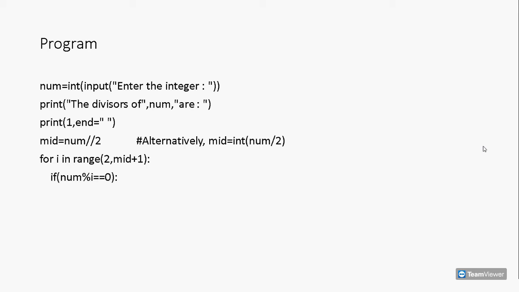To check if the number from the list is a divisor, we will divide num by i and see if the remainder is 0. This is done through this statement. If the remainder is 0, it means that the number from the list is a divisor, and therefore we will print it. And because we want the numbers to be printed in the same line, we are changing the value of the end argument to a space. Finally, we note that the last divisor will be the number itself, and thus we are printing it outside the loop. This is the program, and let us see this in Python IDLE now.